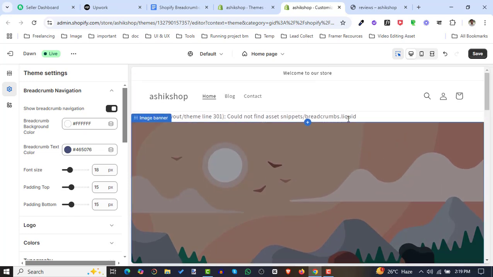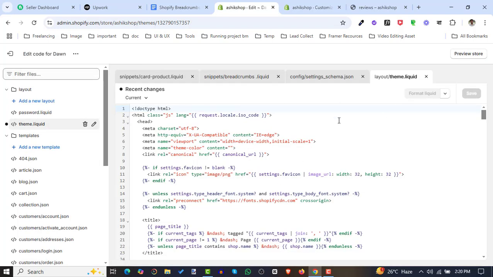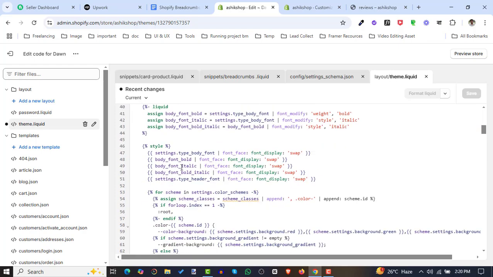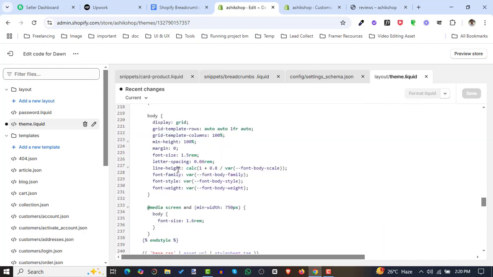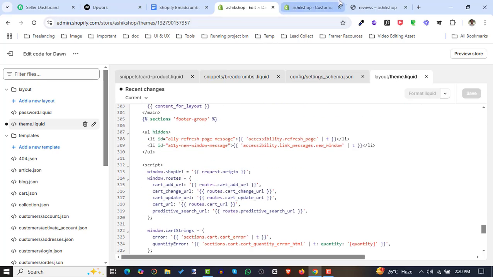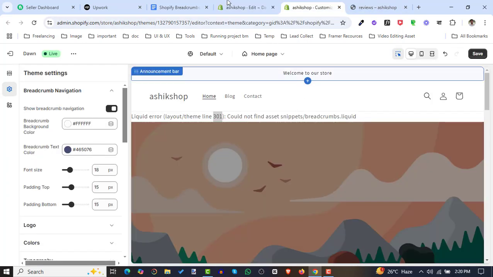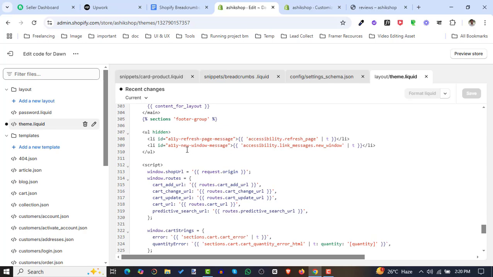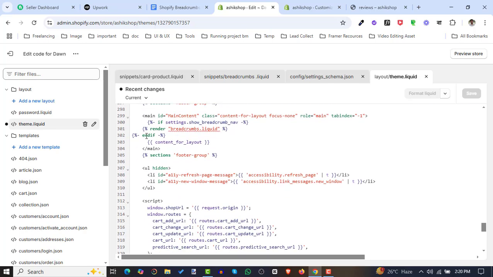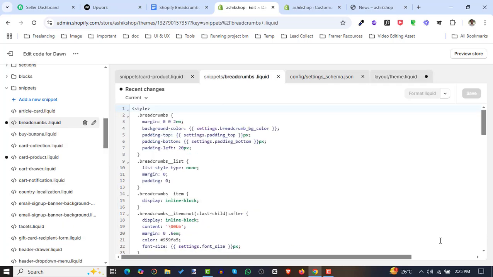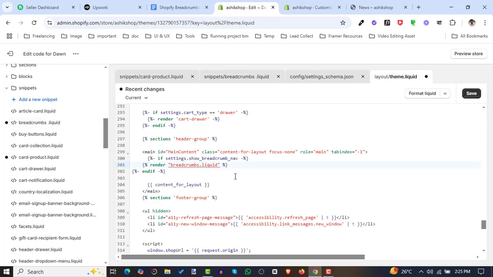Yes, here we can see an error. Again, go back to the theme.liquid file, and we need to find line number 301. Yes, got it. Okay, I found the problem. This is the theme.liquid file. Here we can see